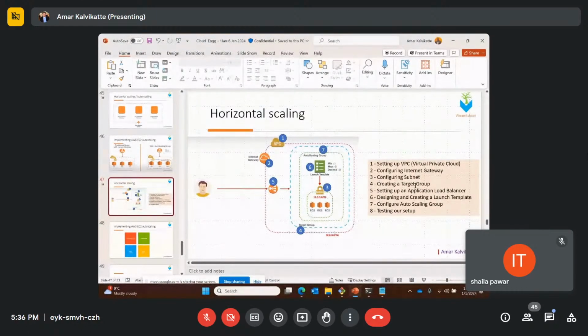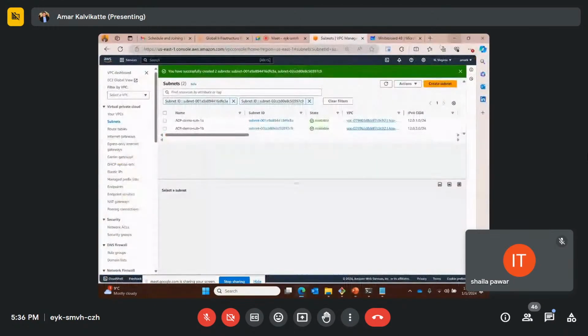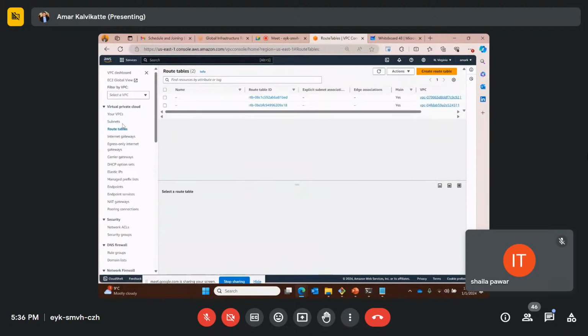The next thing is creating a target group. But before we go to the target group, I want to create a routing actually and route table, because this route table, as I said to you, it should go to the Elastic Load Balancer and come back. I need to create some routing actually. So before I create the target group, I create a route table. So if you go back here and click on the route table, again under the VPC, you have to create